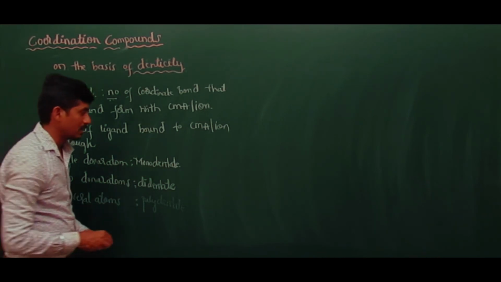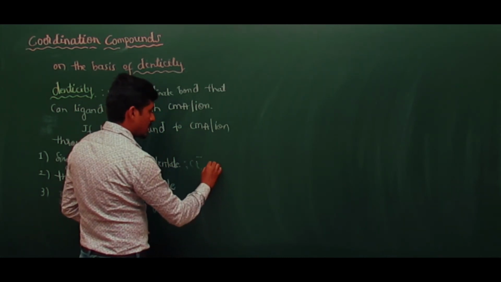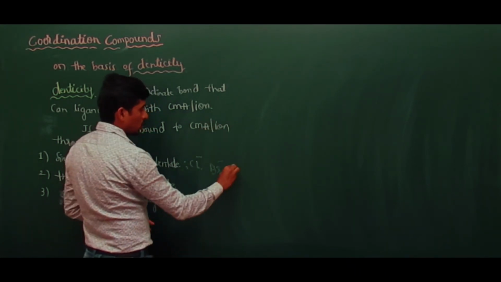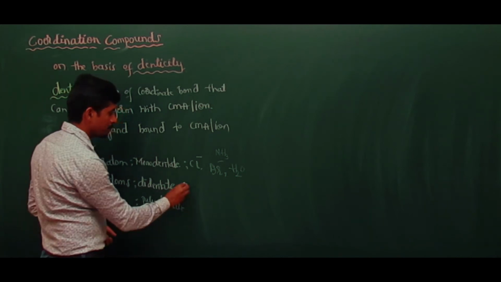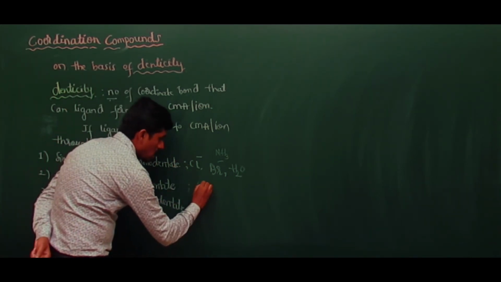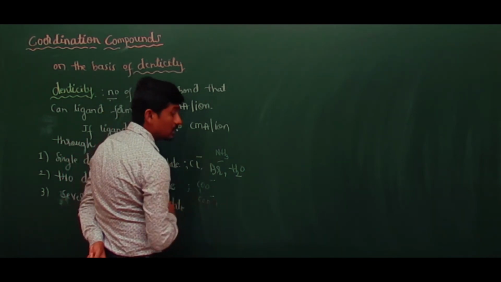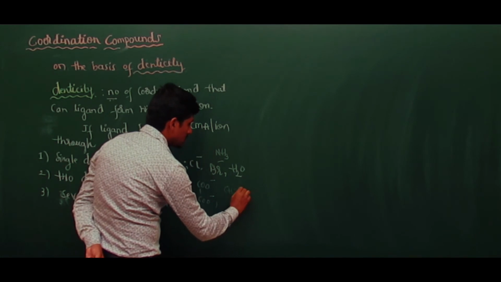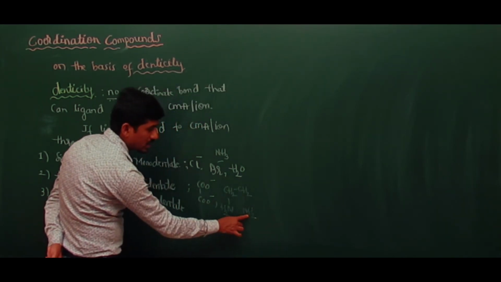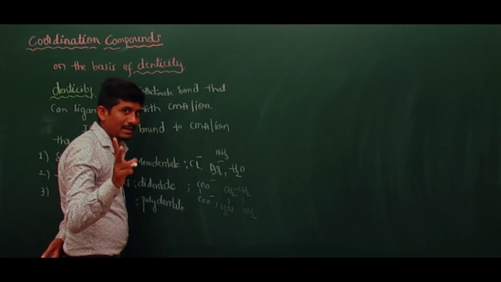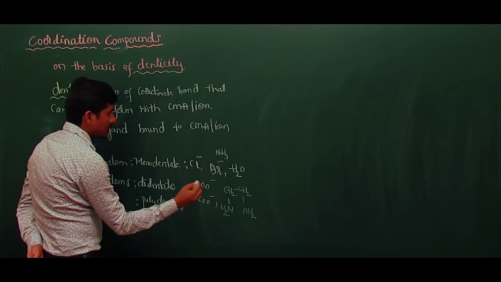Take examples for monodentate ligands. Cl minus, Br minus, the water molecule, and NH3 molecules are monodentate ligands. Coming to the didentate or bidentate ligand: oxalate, COO minus, is a bidentate ligand, or ethylene diamine, CH2 NH2, because there are two donor atoms, nitrogen and nitrogen. Didentate ligand. In oxalate, oxygen, didentate ligand. For the polydentate ligand, take one by one. First one is